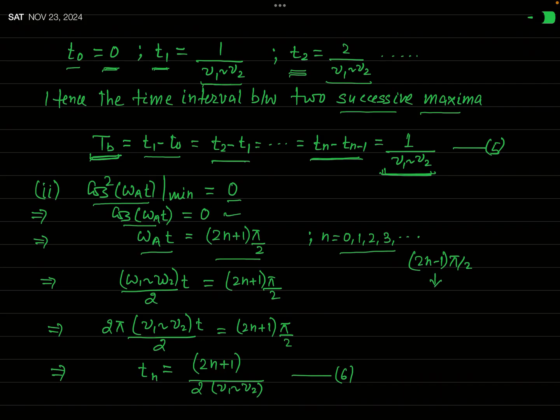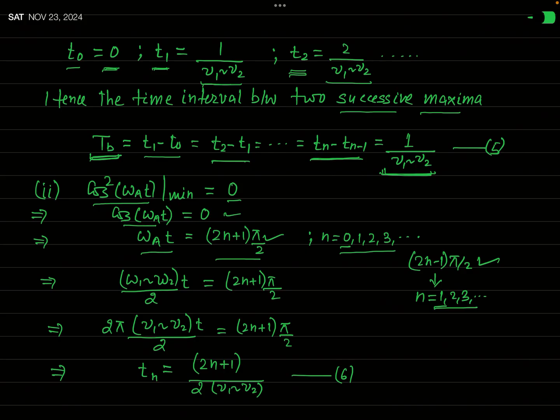But in this case, when you take (2n minus 1) into pi by 2, then you have to take n equal to 1, 2, 3 and so on, not 0. When you take n equal to 0 in the earlier result, and n equal to 1 in this result, the value will be the same, that will be pi by 2. So you can equivalently take (2n minus 1) into pi by 2, only then you should think that n cannot be 0, but we will have to start the value of n from 1, not from 0. Okay,